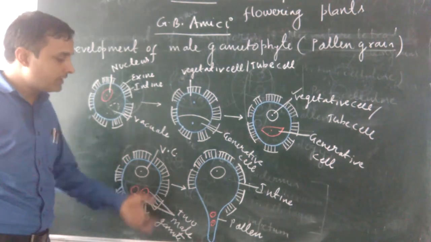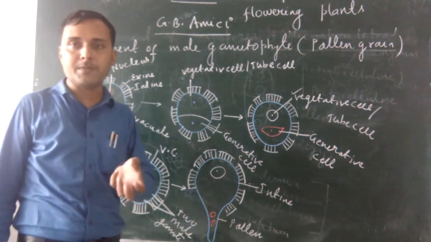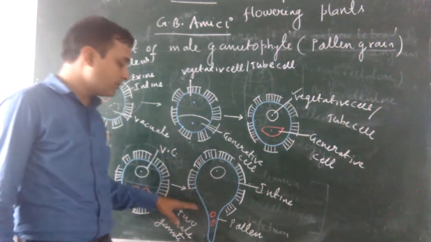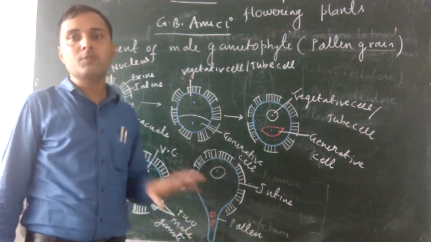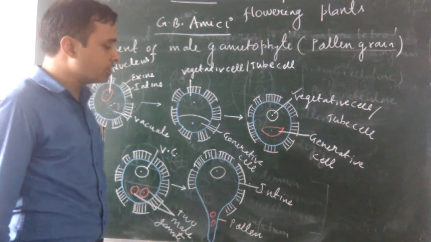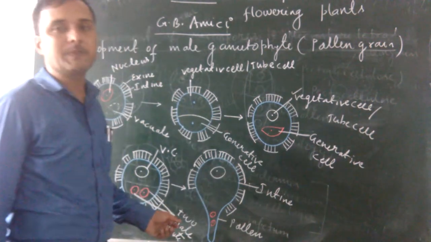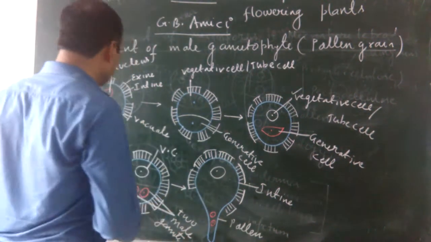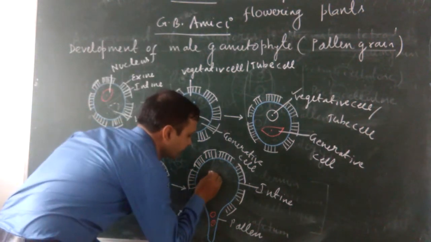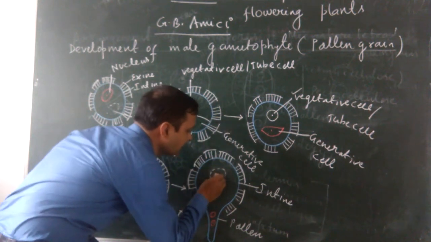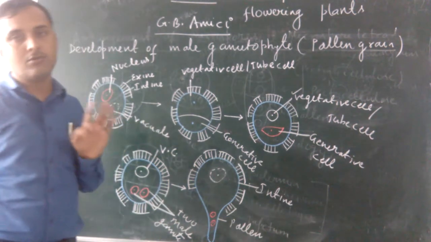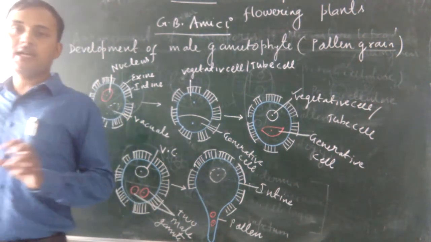So how is the pollen tube produced? Due to elongation of the plasma membrane of the intine, a tube-like structure emerges through the germ pore, known as the pollen tube. Through it the two male gametes, produced by the division of the generative cell, are transferred. Later on, the vegetative cell degenerates. It becomes functionless and is finally lost. This process is known as microgametogenesis.